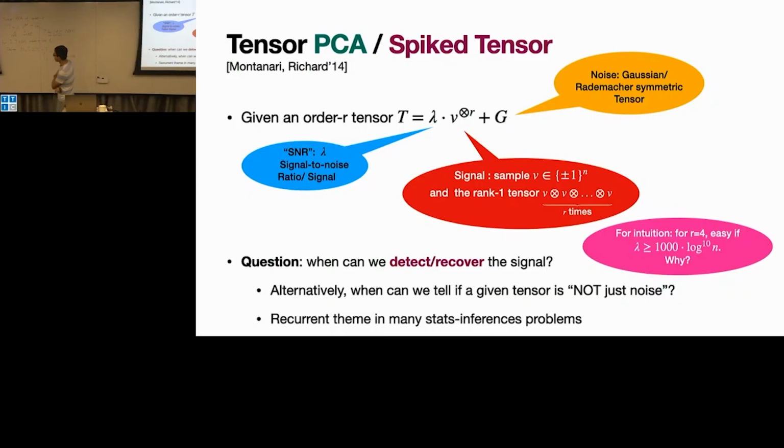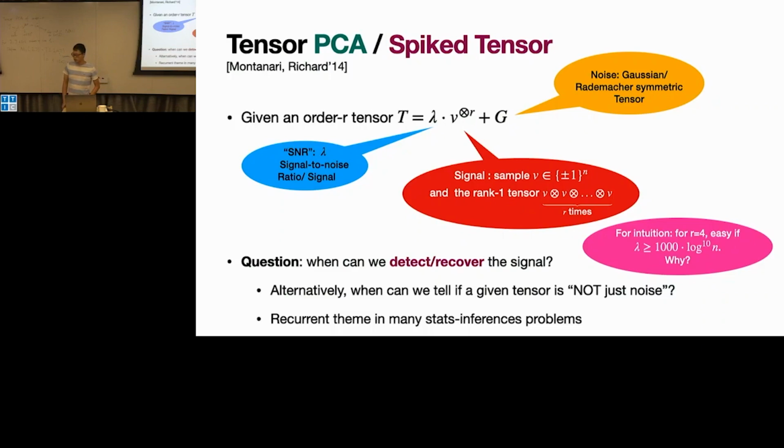I think we can just look at the conjecture, just look at the magnitude of the largest magnitude. You have very nice concentration for an i.i.d. Gaussian random variable. It's at most order root log n. But if lambda is big, the v to the i is of order this lambda magnitude, so you can easily tell.